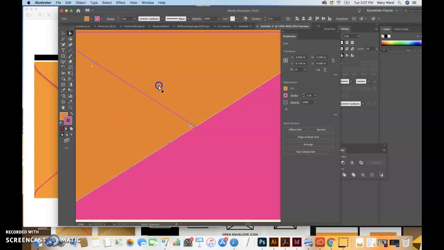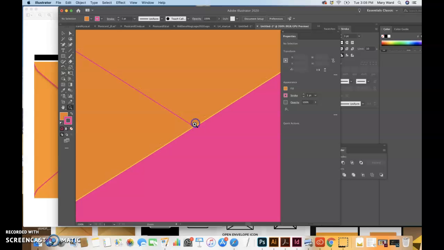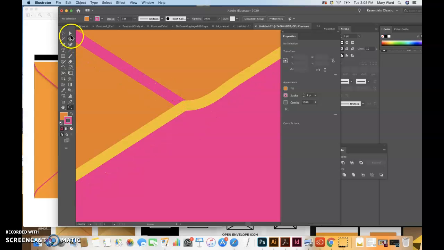So this has a yellow outline on it. The pink shape does. It's kind of hard to see. And there's kind of a weird thing going on right in the middle of it that's kind of goofing me up a little bit. If I zoom way in, it does look a little weird. I don't know why there's a curve here, but I can just grab the handle on this anchor point,